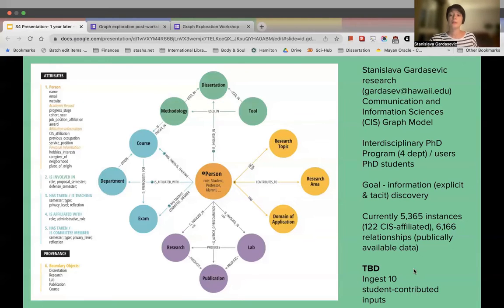So currently there are over 5,000 instances in this network and 122 affiliated people, CIS affiliated people, and over 6,000 relationships. And this is all publicly available data. And I have collected with a very lengthy and comprehensive Qualtrics questionnaire some about 10 inputs from students that need still to be ingested. So we have a fuller picture and create very rich multiplex, multi-layer graph that we can play with,